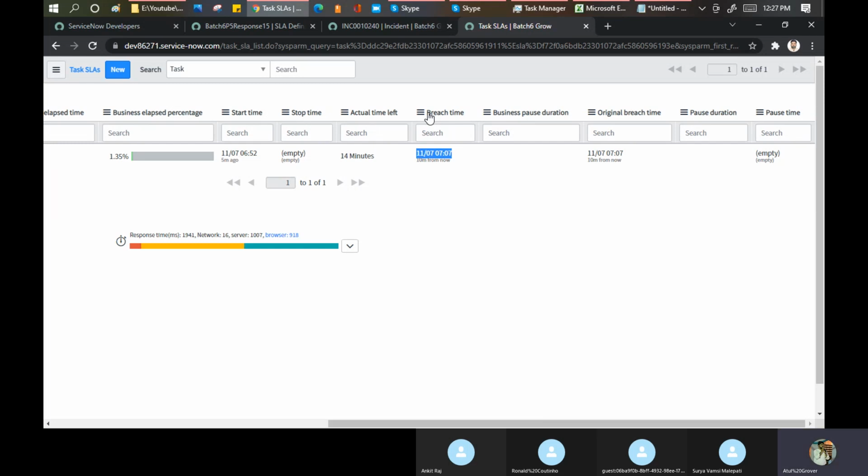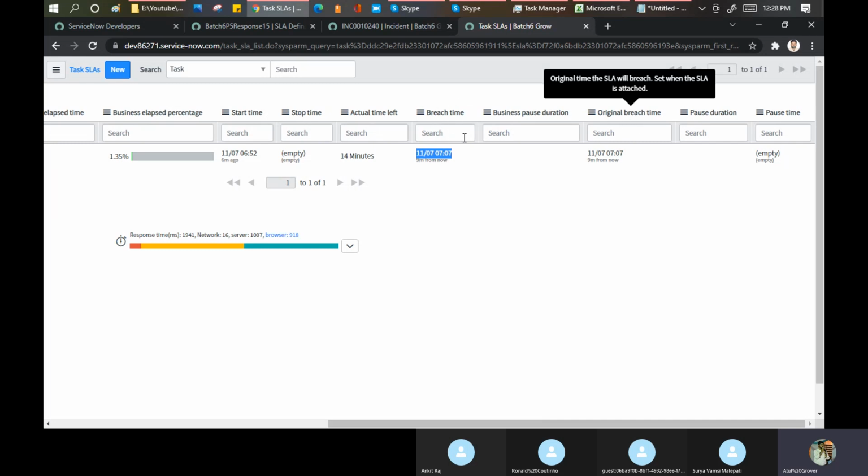Now, what is the original breach time for you? If you did not reach home after 4 hours, that is the breach time for you. But the breach time will be increased because the match also stopped for 30 minutes. So these 30 minutes will come here and your breach time will also increase. And you can say, hey, the match stopped for 30 minutes, so I'll be back by 4:30. After 4 hours 30 minutes, I'll be back at home. So this is the purpose of this breach time.